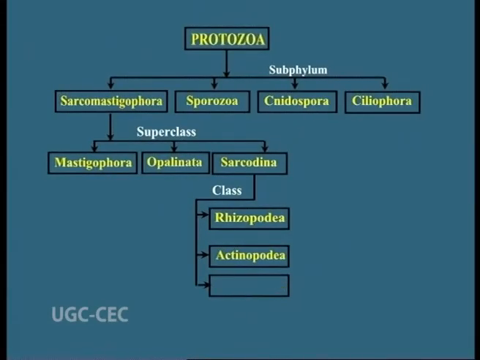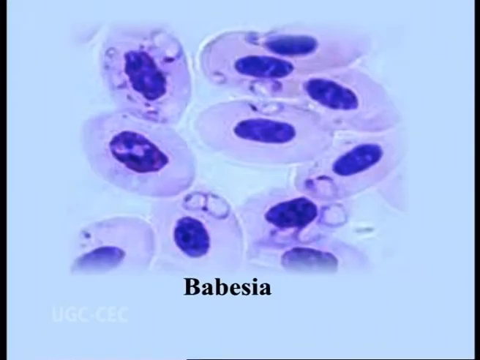Class Pyroplasmia. Example is Babesia. They are small, round, rod-shaped or amoeboid parasites in vertebrate